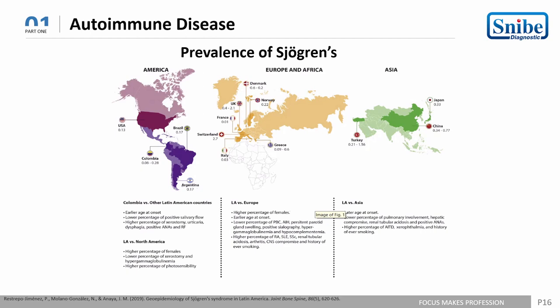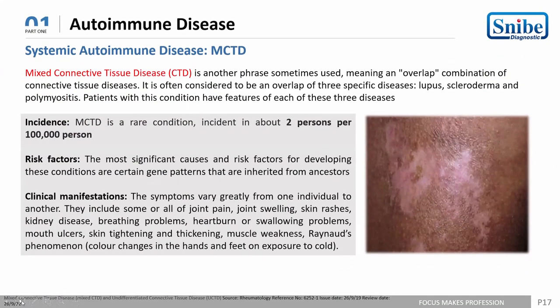They also have neuropathy, and a history of smoking may lead to Sjogren's, an autoimmune disease. So let's go to another systemic autoimmune disease, which is called